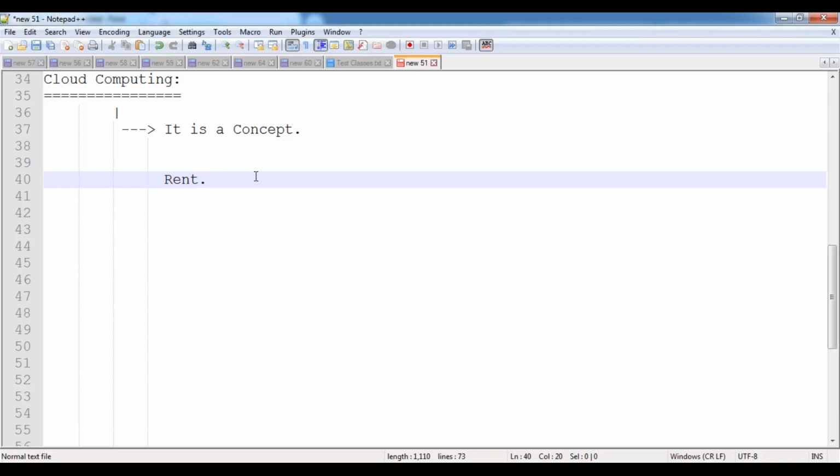Every month you are getting some salary. From that salary, you can pay the rental amount to the vendor, nothing but the flat owner. Every month we can pay some 10,000, 15,000 to the flat owner as rent, because I'm taking the resource on rent. If I'm unable to buy, if I don't have that much budget, then I take it on rent.